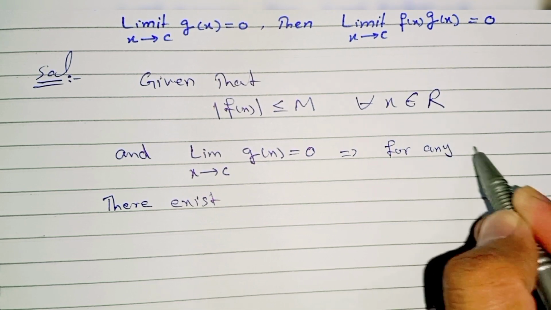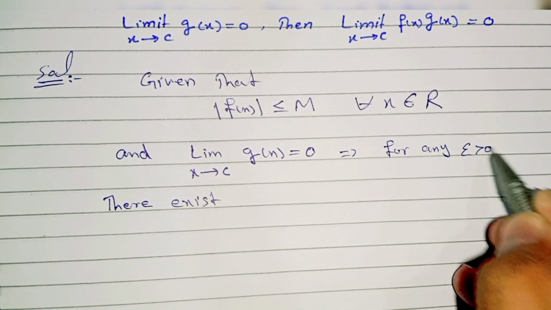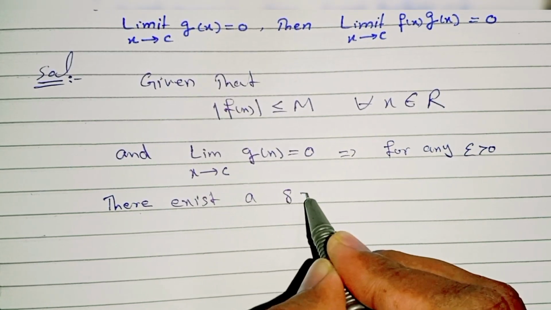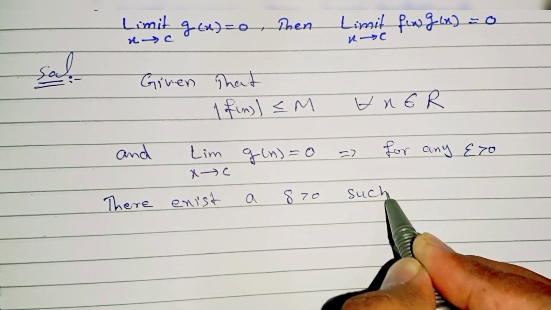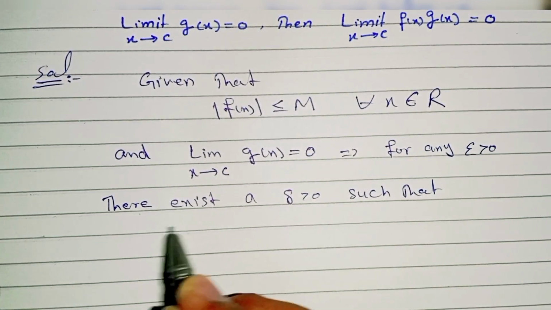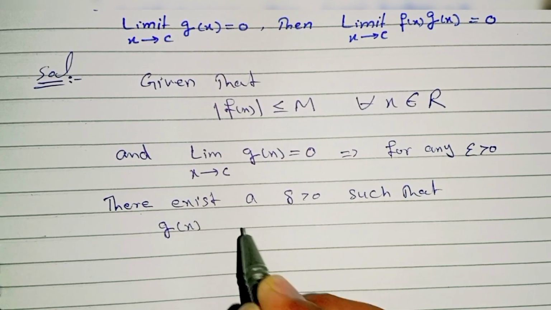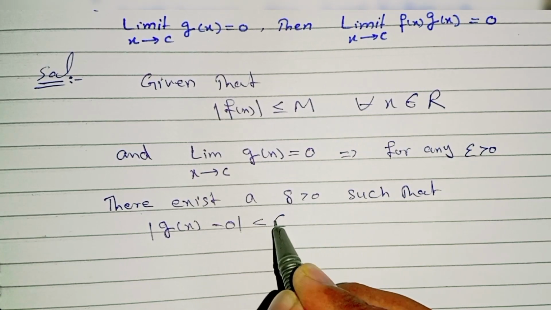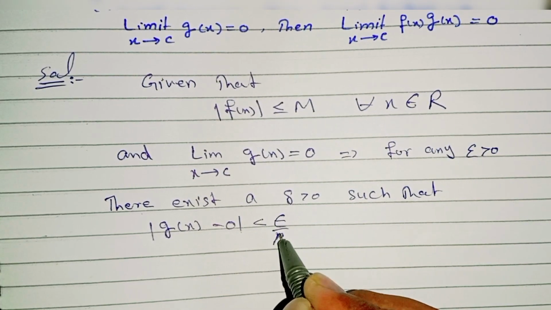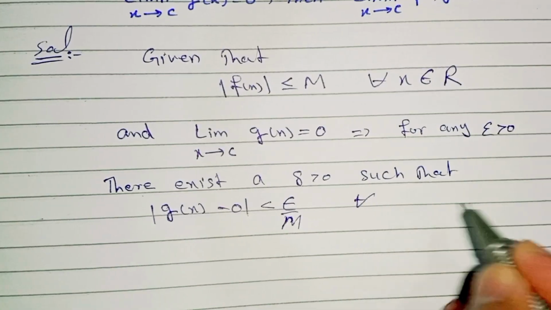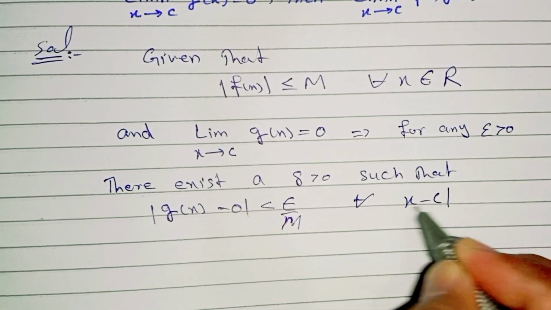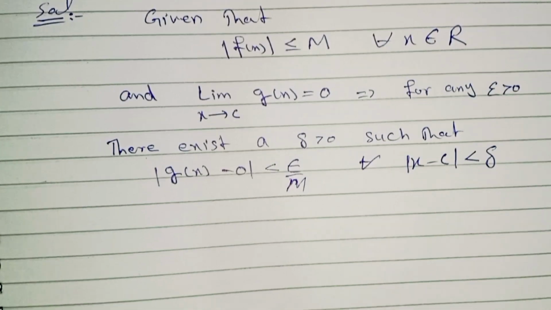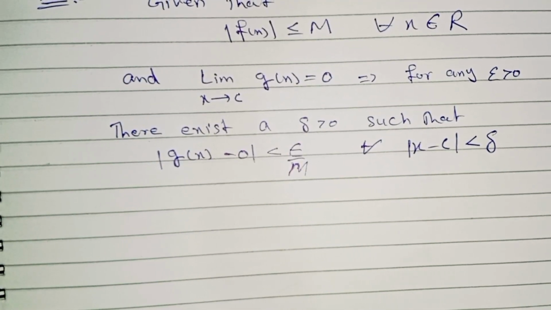for any epsilon greater than 0, there exists a delta greater than 0 such that |g(x) - 0| is less than epsilon over M for |x - c| less than delta. Now consider